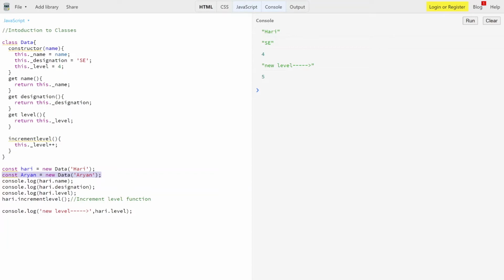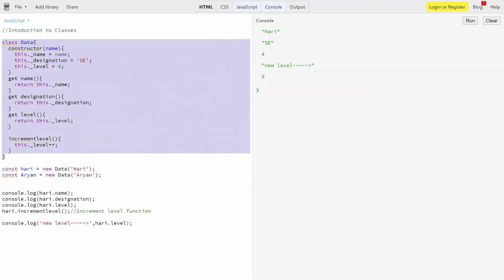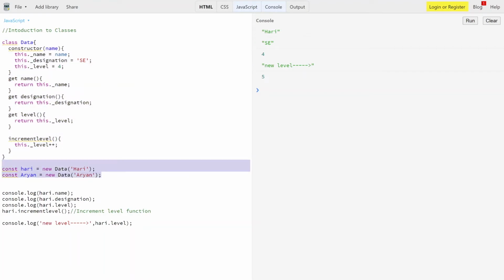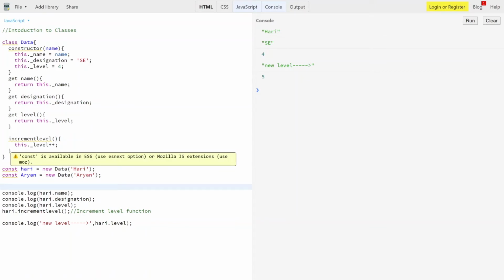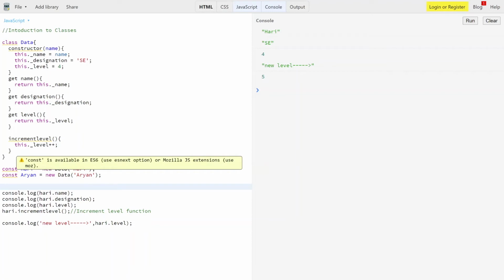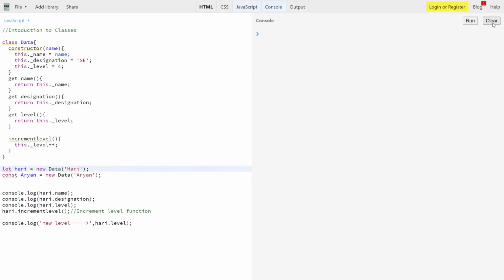So what is an instance? Let's say I have already declared this class, and let me put it in this manner. I already created one class over here, and with the help of this class I have created that instance. So you can look over this how we can create an instance. We can use any keyword, so we have let, var, and something like that. For example, if I use let over here, see, it will work. Let me clear and run it for you.